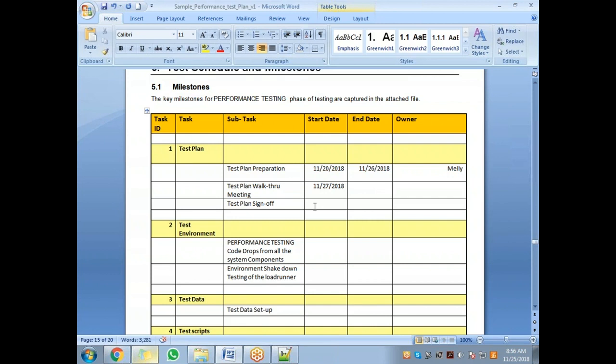And the walkthrough should happen on the same day, or let's say the next day. You have 2 days for planning, sending the invite, walking through, and all that. Let's say the lead for this project is Samir, so we'll put Samir as owner. So owner Samir has to walk through this test plan. Sign off, let's say, is on